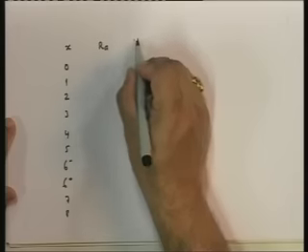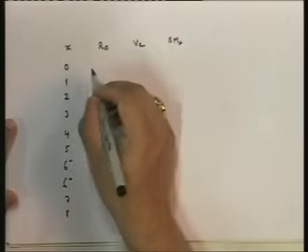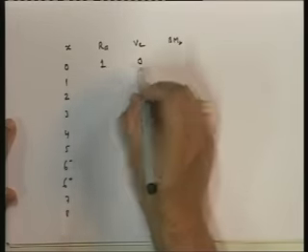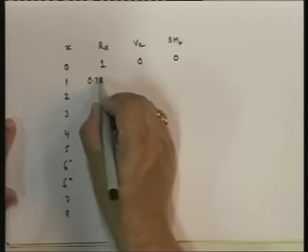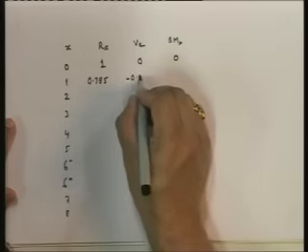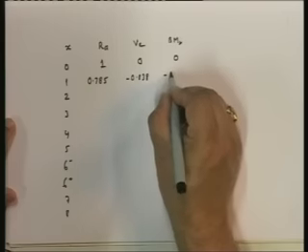RA, VE, bending moment at B. This is going to be 1, 0, 0. This is going to be 0.785, minus 0.038, minus